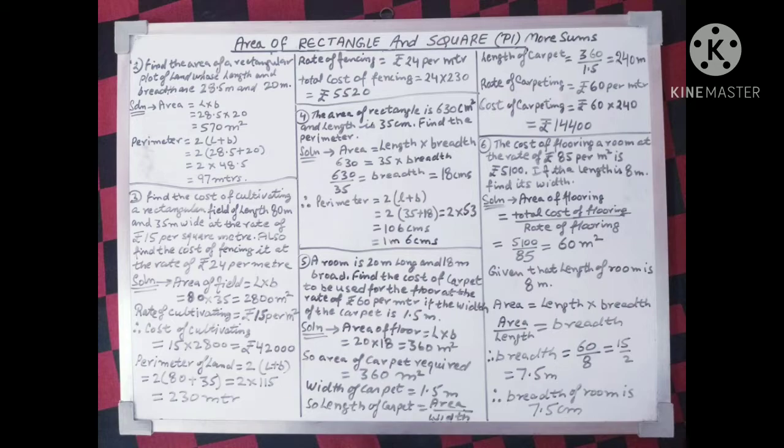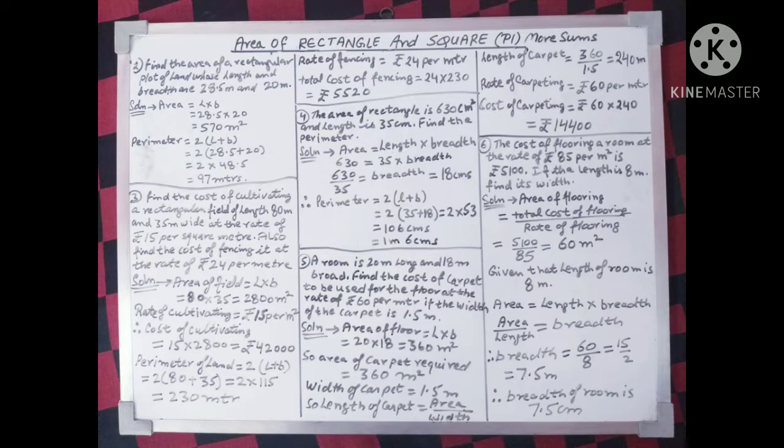And perimeter of the plot will be found by using twice length plus breadth. So 2 into (L plus B) gives us 2 into (28.5 plus 20), that is 2 into 48.5. So finally we get the answer as 97 meters. Therefore the required area of this plot is 570 meters square and the perimeter is 97 meters. Got it? Let's see the next question.